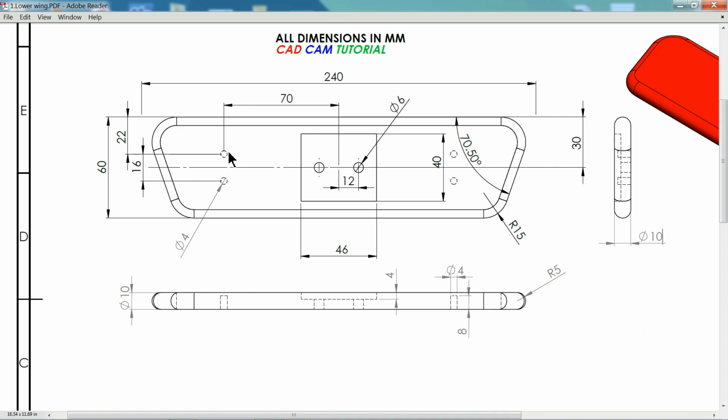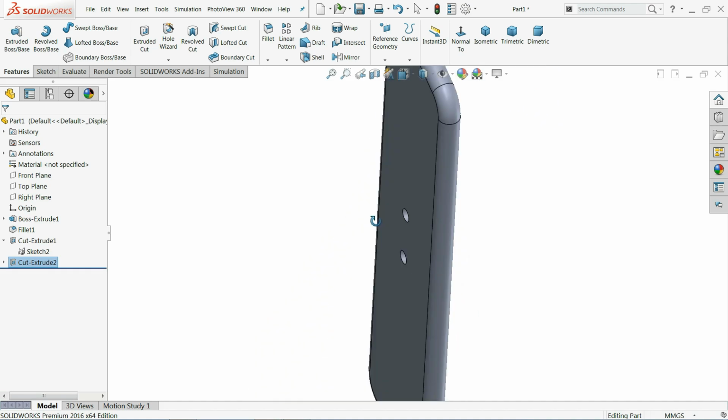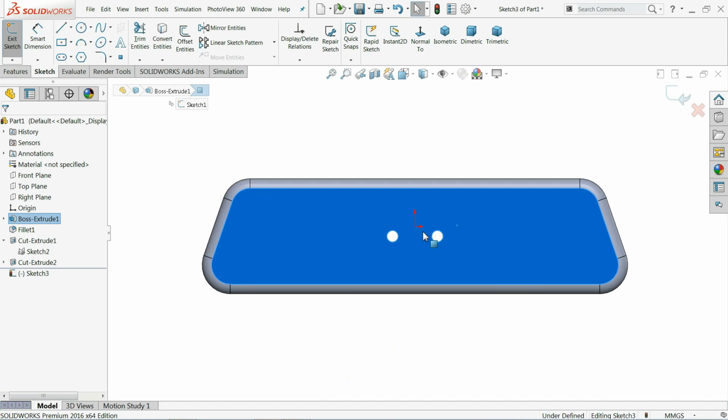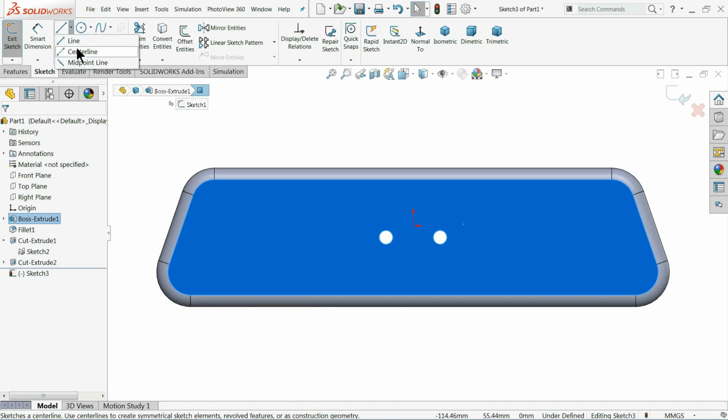Now the next thing, these two holes in opposite side, you will see on top side view from back side. So we will make this hole from back side, and height for this hole is 8 millimeter, 4 millimeter diameter, and the distance, you will see the center distance 16 millimeter, 70 millimeter from this end. Okay, just reversed it. Select this face, sketch normal. Now let me draw center line.